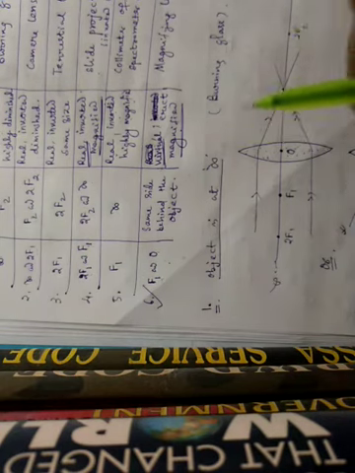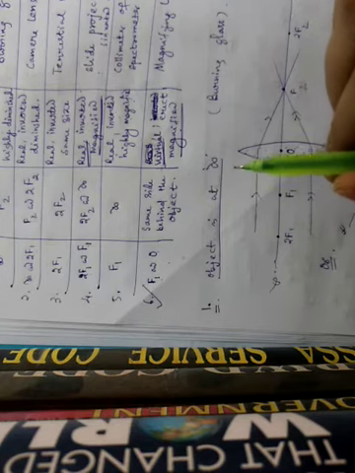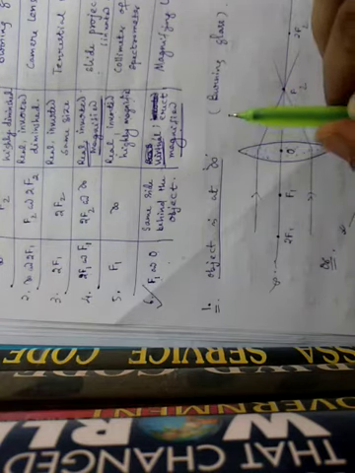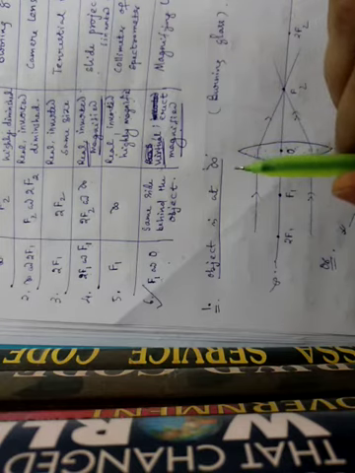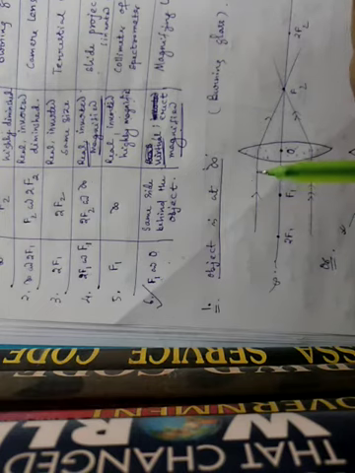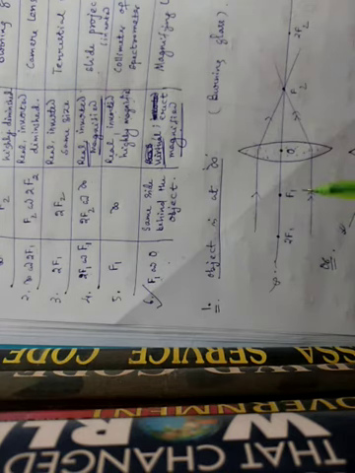Before drawing the ray diagram, you should keep in your mind a line should be straight. A line must possess an arrow mark. Without an arrow mark, an optics diagram, ray diagram, geometrical optics diagram is meaningless. That means your credit will be zero in your evaluation. So it is very important, it is very vital. While tracing the optical ray diagram, the ray arrow mark must be there.